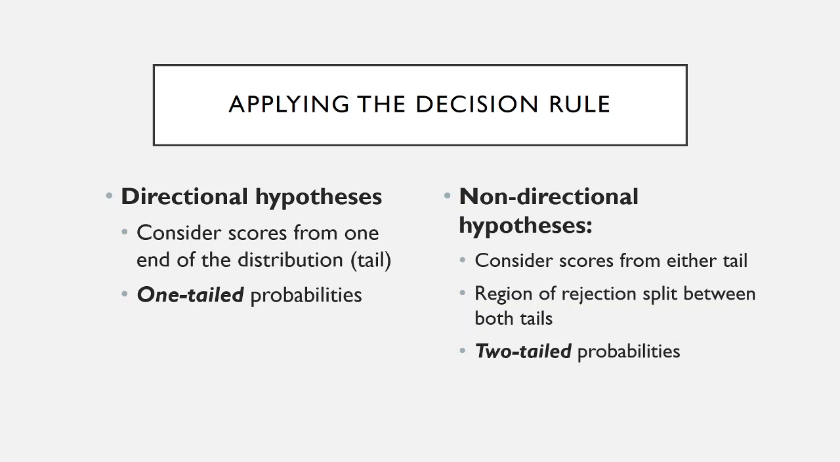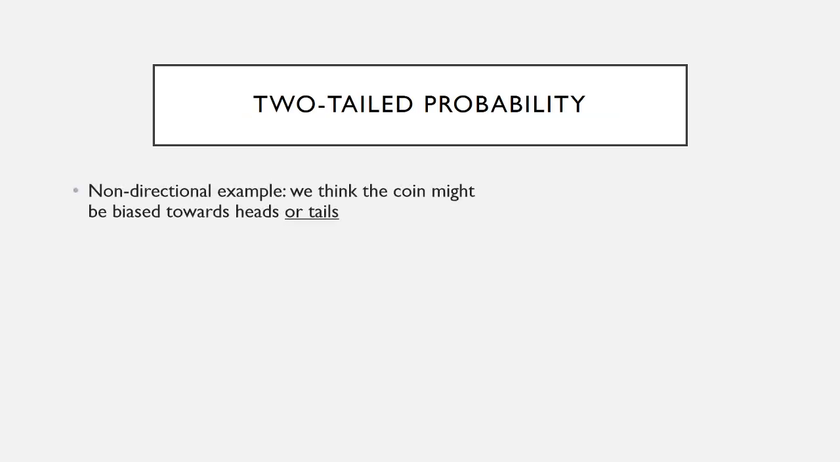So what you do is you take that same region of rejection and you split it in half and you plop one on one tail and the other on the other tail of the null distribution. That leads us to what we call a two-tailed test because it's captured by two-tailed probabilities. So if we were to tweak our coin flip example and go non-directional, we think the coin might be biased towards heads or tails. Essentially, we've changed our approach for our hypothesis, and we would need to change our approach